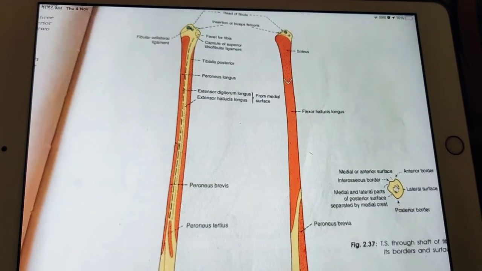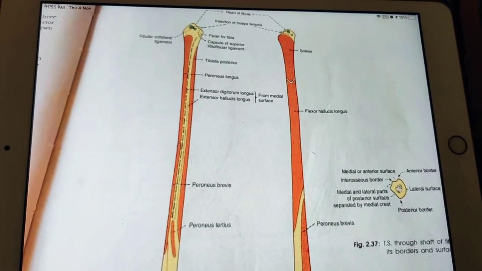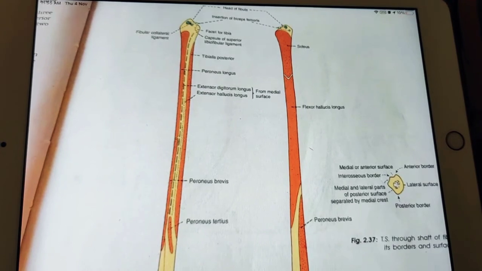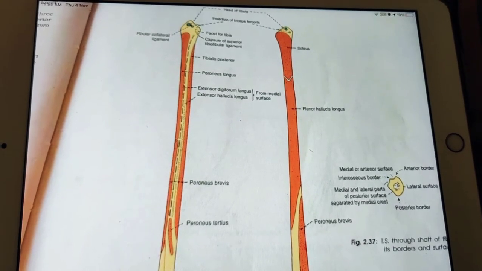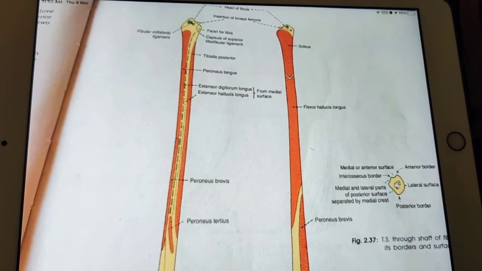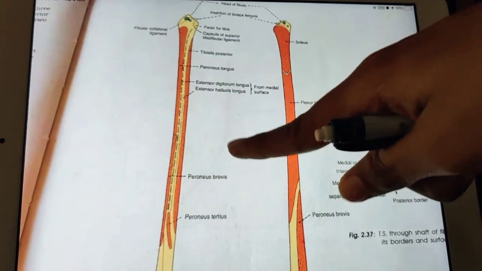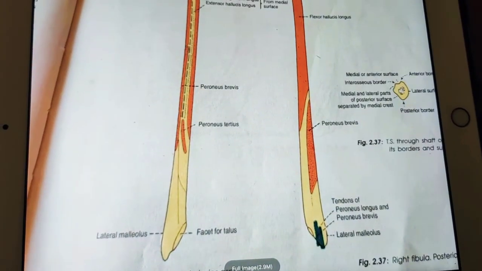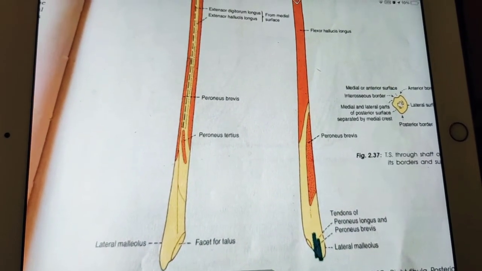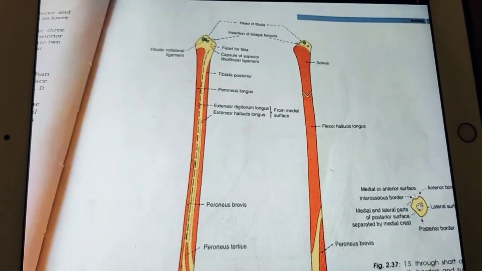Now coming to the fibula, it violates the law of ossification because the secondary center appears first in the lower end, yet does not fuse last. So this is violating the rule, and the reasons for the violation are that the secondary center appears first in the lower end because it is a pressure epiphysis. So there is a pressure epiphysis in the lower end, and the upper epiphysis fuses late because this is the growing end. So the upper end is the growing end of the fibula.